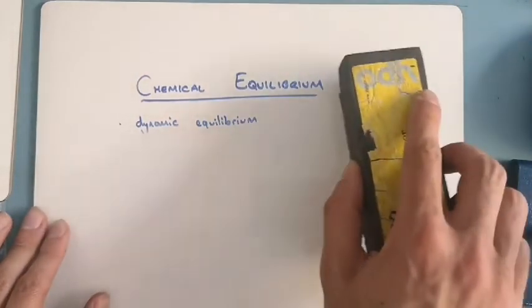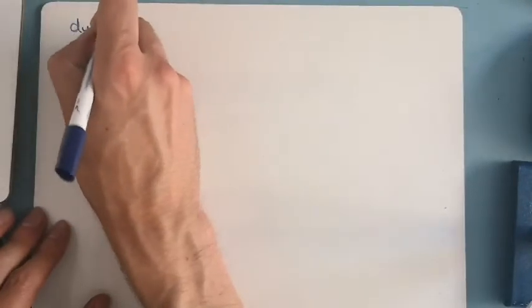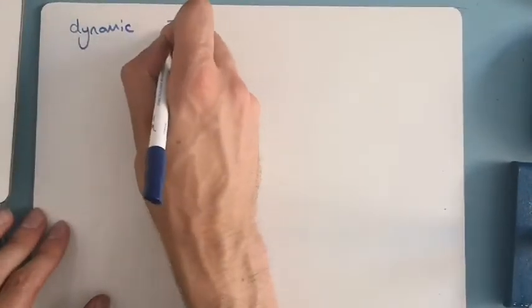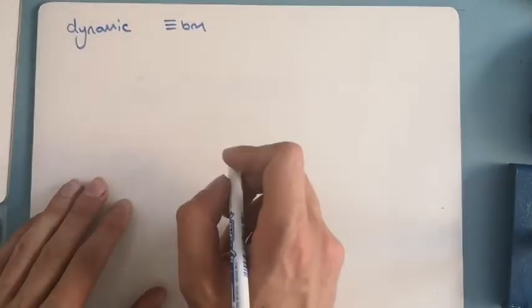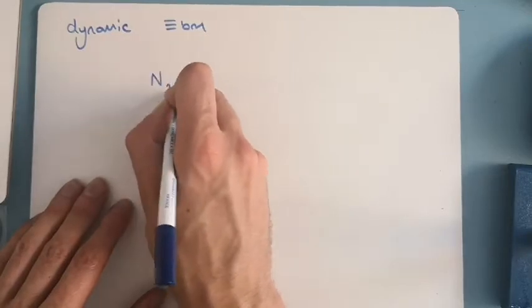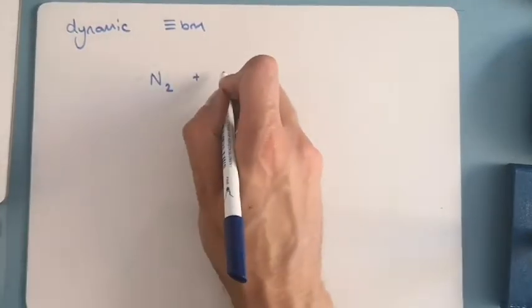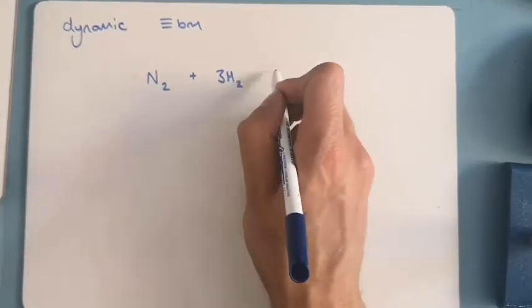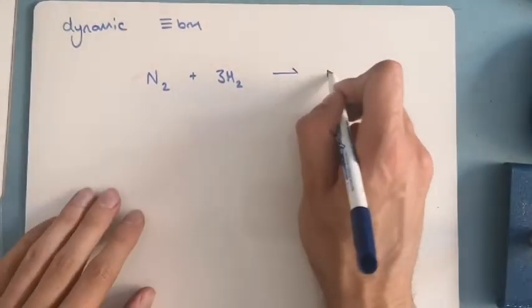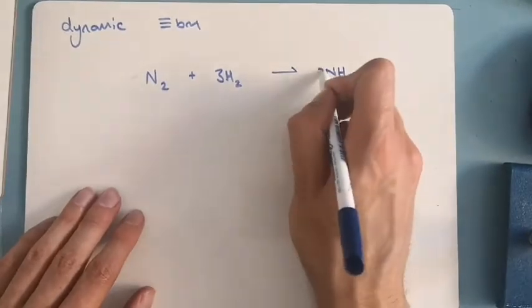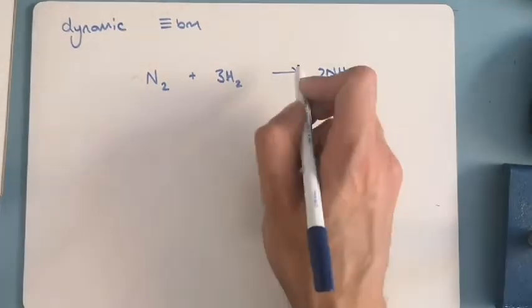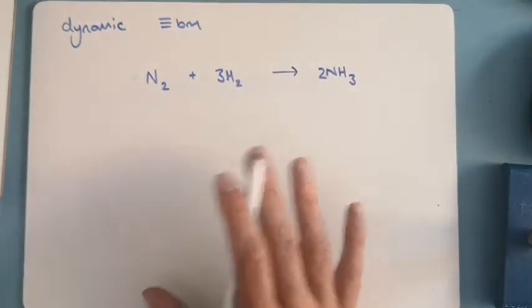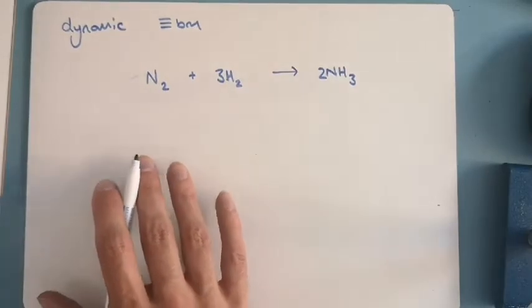So I'm just going to start with dynamic equilibrium. I'm going to abbreviate equilibrium just to this interesting symbol. If we take a reaction, and I'm just going to take the Haber reaction, so nitrogen plus 3 hydrogens goes to 2NH3. In this reaction, which I'm just going to use a slightly wrong arrow just to begin with,